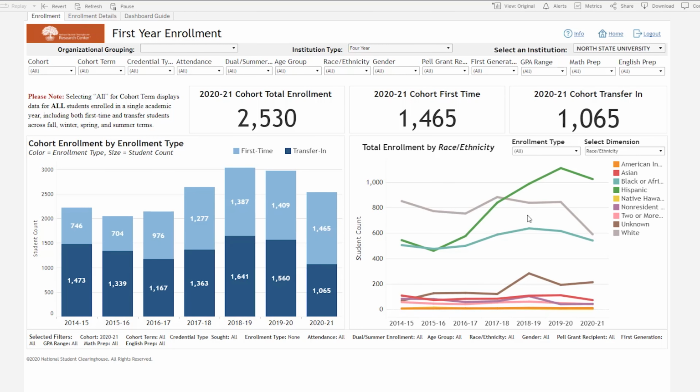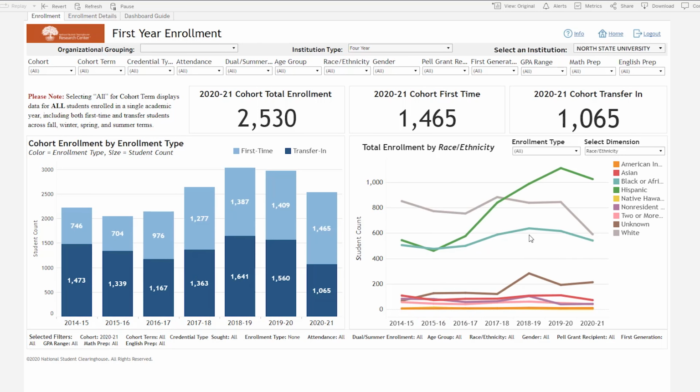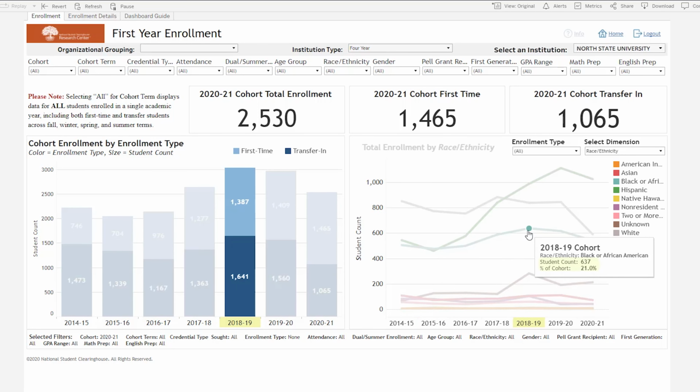Next, they look at the second largest population in 2015-16, which were Black or African American students. Hovering over that line for 2015-16, they find that 475 students, or 23.3%, of the first-year cohort were Black or African American. By 2018-19, the number of students enrolled grew to 637, but the percentage of the population declined to